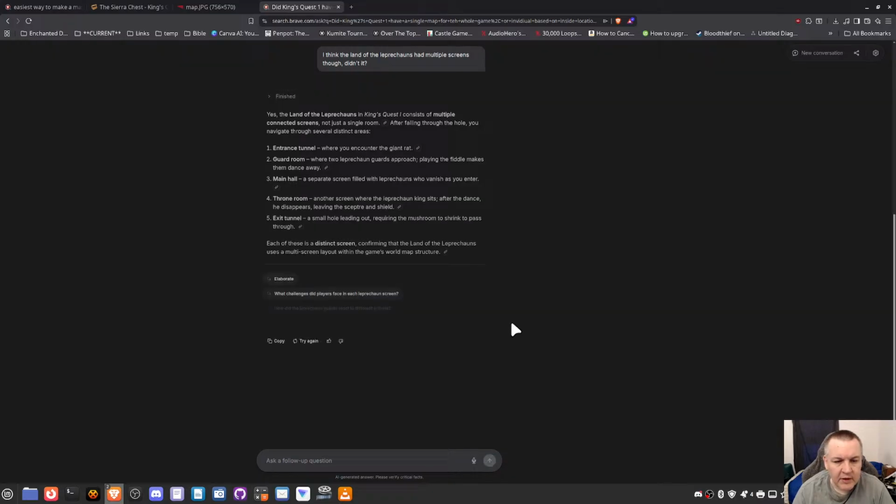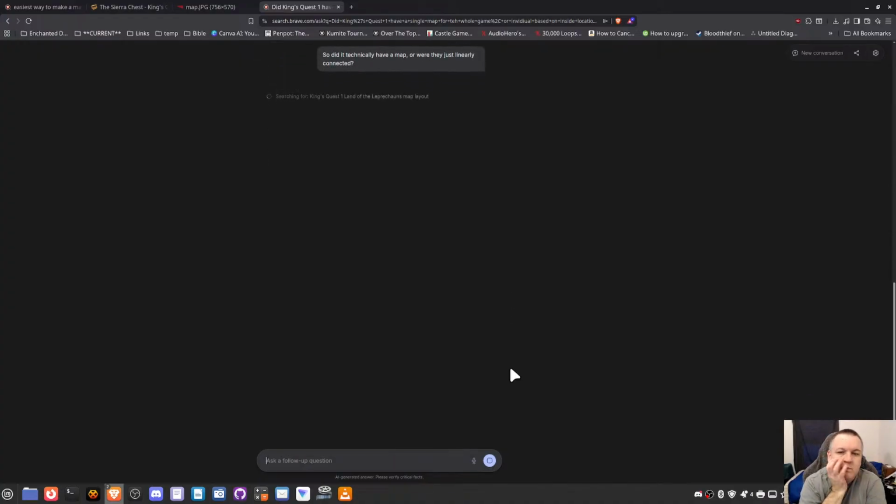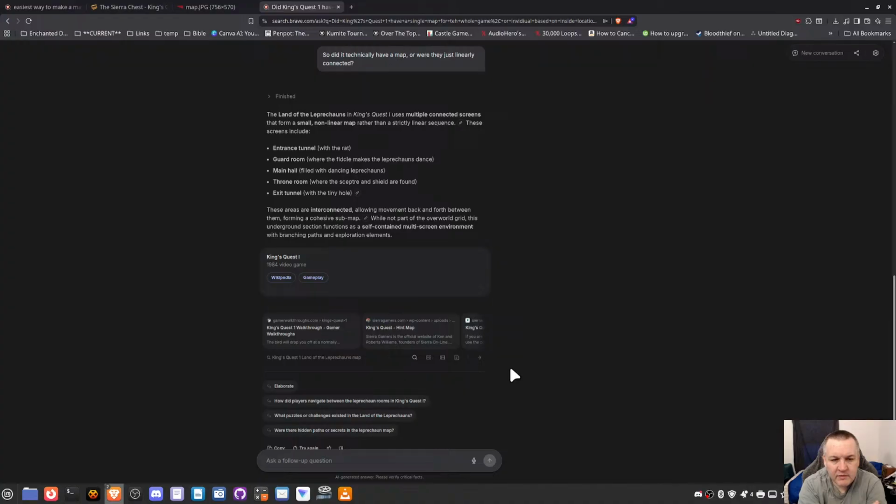Entrance tunnel guard, main hall, throne room, exit tunnel. So did it technically have a map, or were they just linearly connected? Because I don't remember. Multiple connected screens rather than strictly linear sequences, and screens include